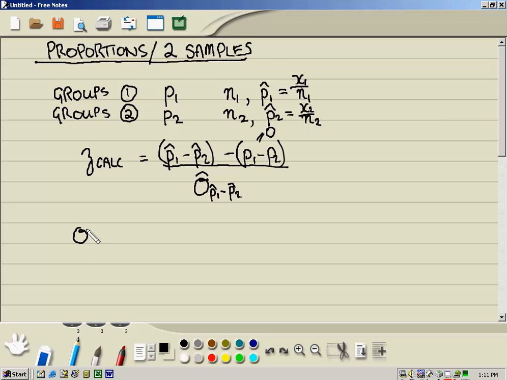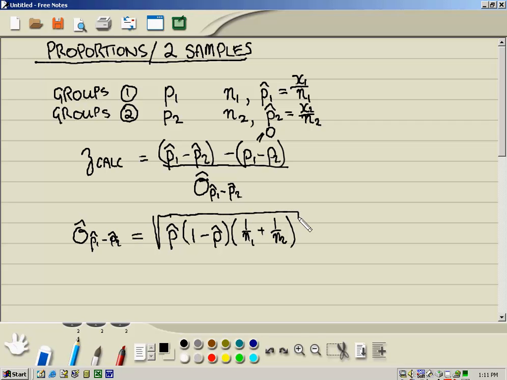Alright, the standard deviation, sigma hat, p hat 1 minus p hat 2, is equal to the square root of an item called p hat, which we've yet to define, times its complement, 1 minus p hat, times 1 over n1 plus 1 over n2. And remember, it's the square root of the whole thing,